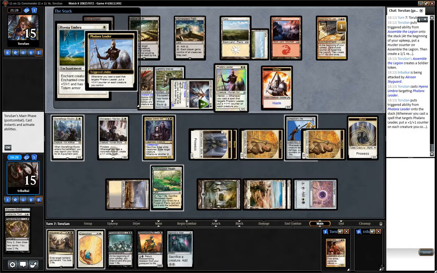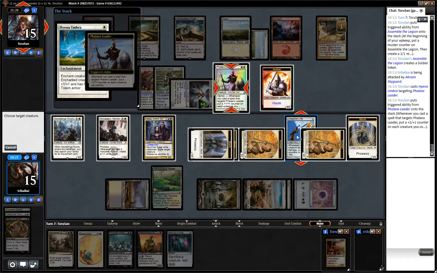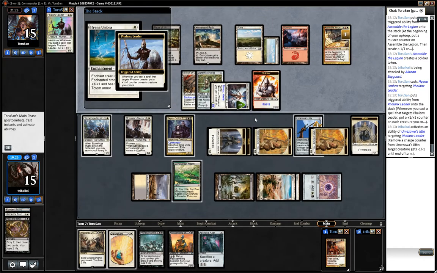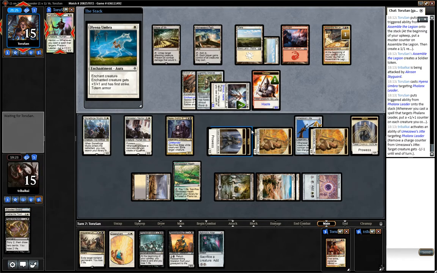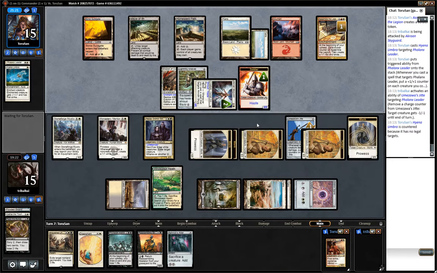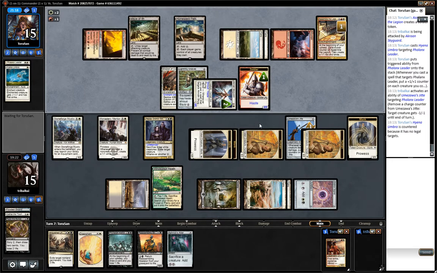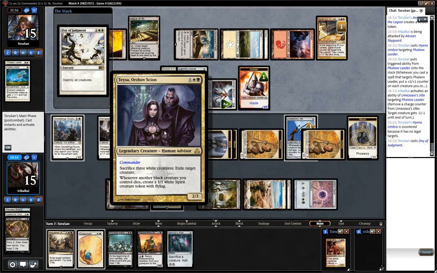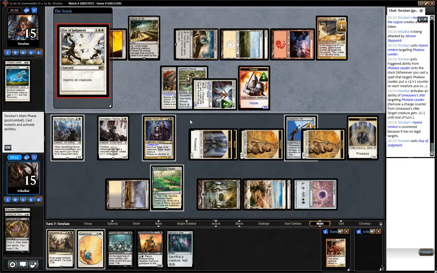Okay, Hyena Umbra. So what we'll do is kill that with the Jitte in response. So we get a 2-for-1 on our opponent there. And yeah, destroy all creatures. So this Teysa only cares about black creatures dying. Unfortunately, we don't have any black creatures in play, so...